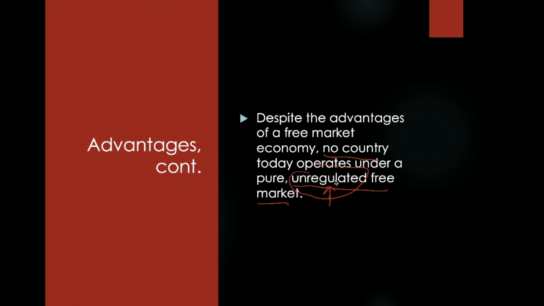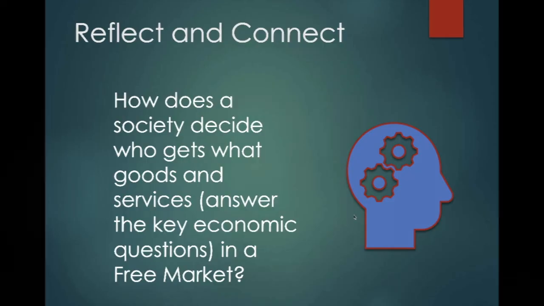In a completely free market, to have that definition, you need to have zero regulation or interference. It completely is going to be left alone. And that's hard to do with so many different avenues that need to be taken care of and interests that need to be fulfilled. So I want